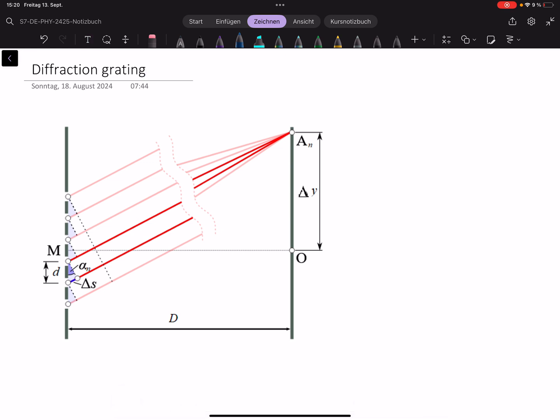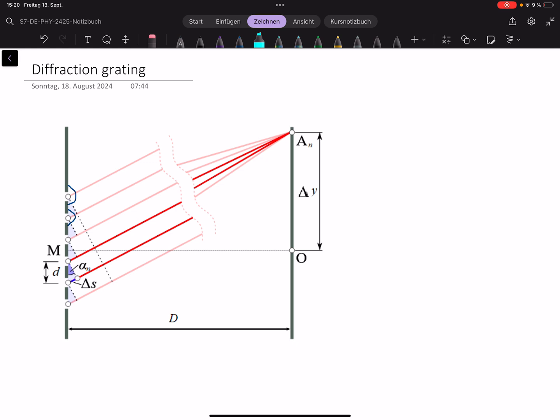So, for example, if we put the elementary waves here, what we've already done will lead to the same result,